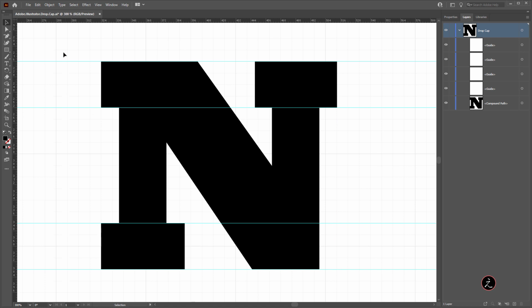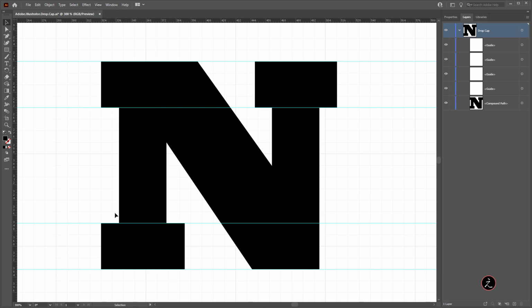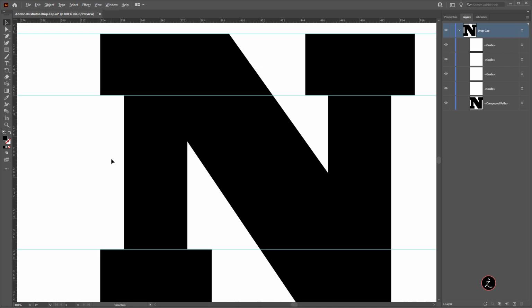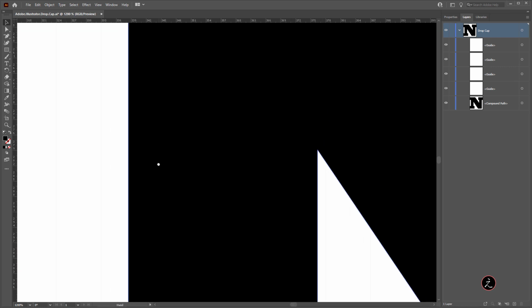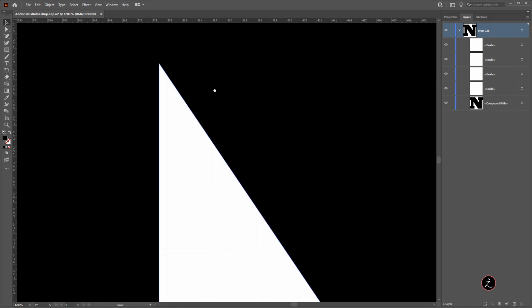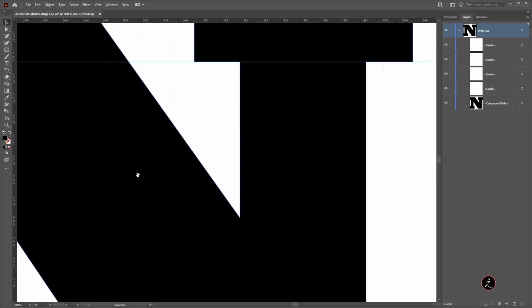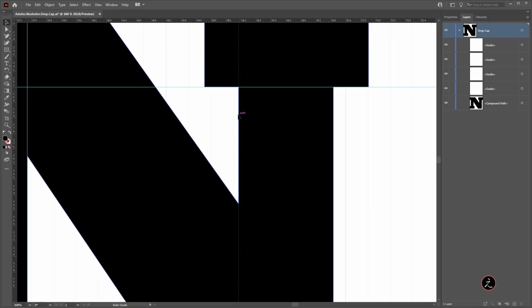How about the rest? Well, for the rest, we need to go up to the View menu, and then we're going to toggle off snap to grid, because these anchor points are not snapped to any grid. I'm just going to zoom in here a lot, and this time I will create a vertical guide. So I'm going to click and drag with the selection tool, and this is going to snap. I will do the same one here. Click and drag to create another vertical guide right there. Another one here, and another one right there.